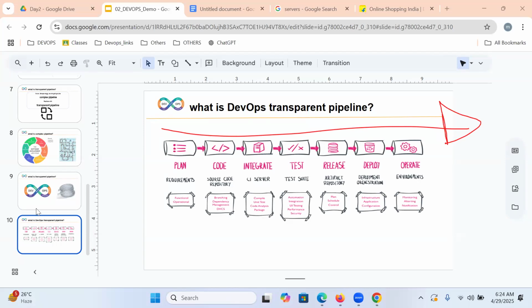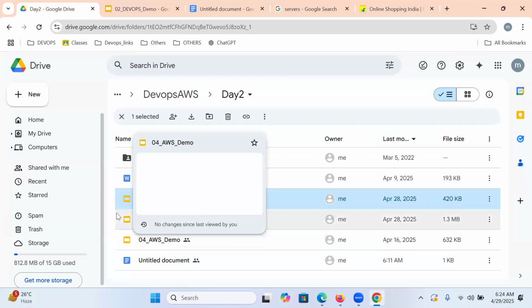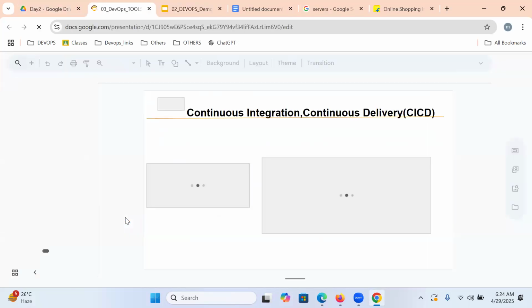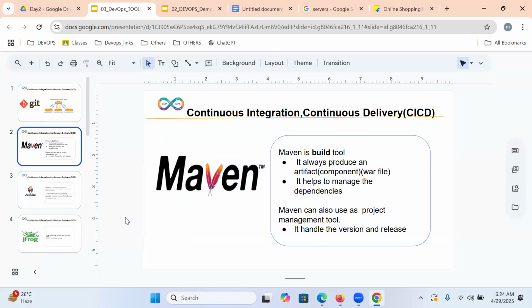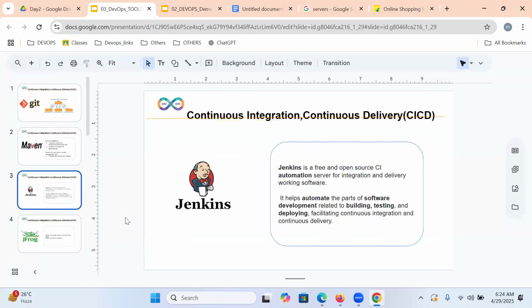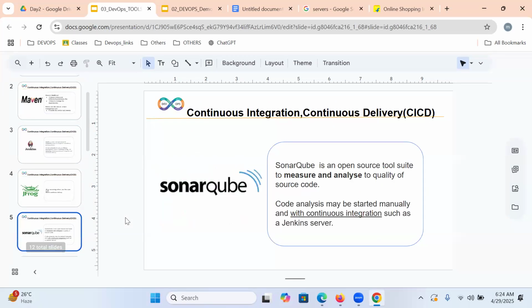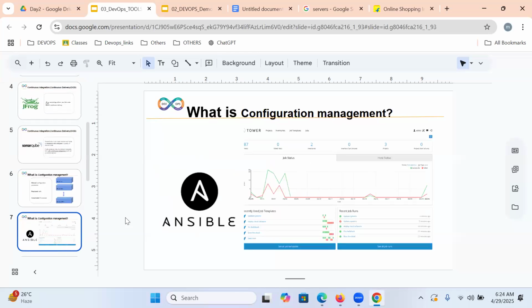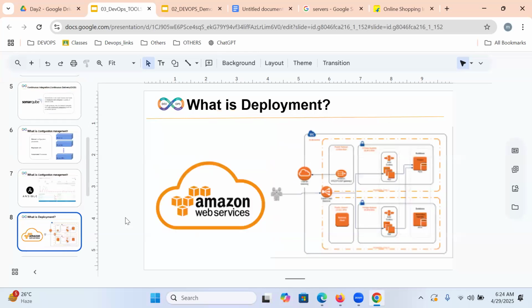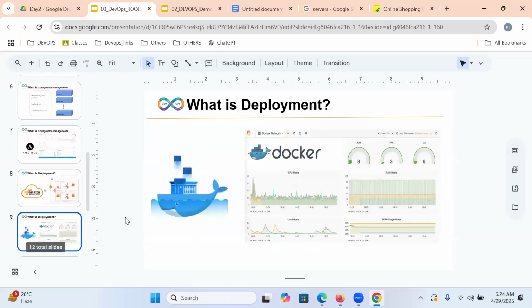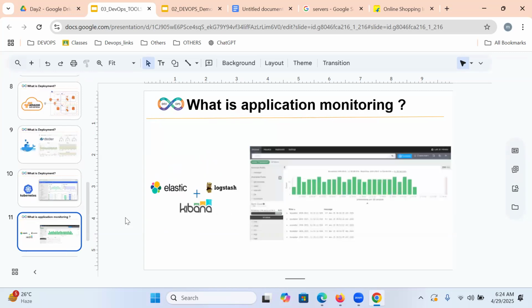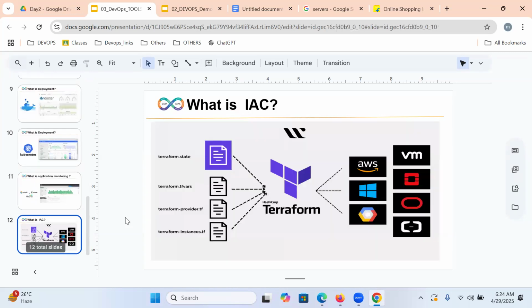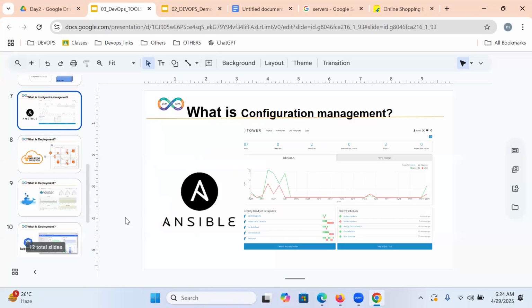But for implementing this DevOps transparent pipeline, which tools are we going to learn? Git, Maven, Jenkins, JFrog, SonarQube, Ansible, Amazon Web Services (AWS), Docker, Kubernetes, ELK (Elastic, Logstash, Kibana), and Terraform. So these are all the tools we are going to be using.